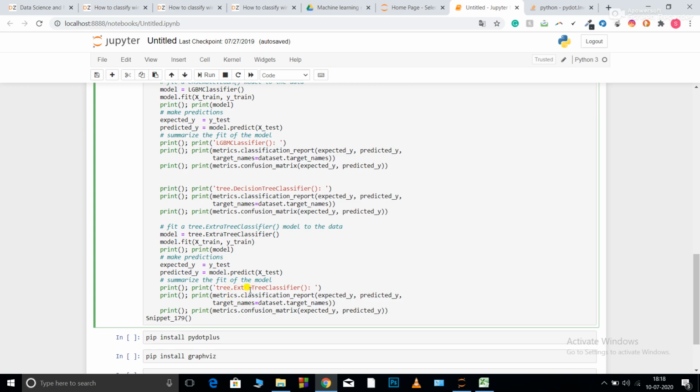So extra tree doesn't mean extra tree. Extra tree is also a type of random forest. The only thing is it provides us with a feature of parallel processing. That is, it contains a parameter named n_jobs. Maybe you are familiar with n_jobs. If we put n_jobs equal to 5, this means it can do 5 parallel processings at the same time.